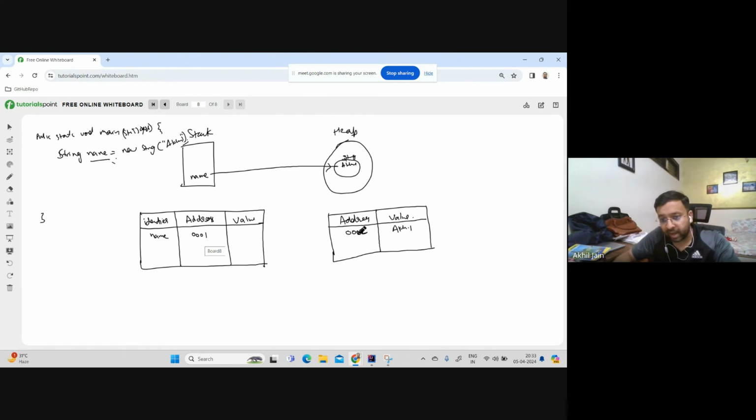So for that, an entry exists in the heap. What will be the value placed here? Will it be Akhil? No, it will not be Akhil. It would rather be 0002. So it is pointing to this value here. Now, once you know this address, then you know what value is placed at this address. So when this name is trying to read this,